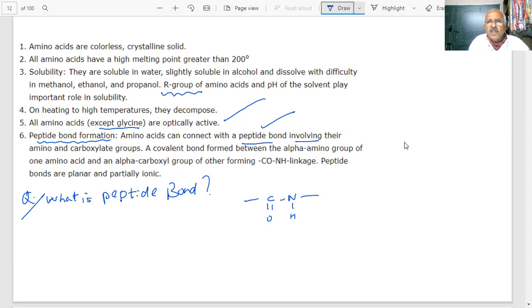An amide bond between the alpha amino group, I'm saying alpha amino group, student, this is a point to be noted, of one amino acid and the alpha carboxylic group of the other. In the paper, they will say peptide bond is formed by amino group and carboxylic group of the other. Then you will say alpha amino group and carboxylic of the other. And then you will say alpha carboxylic and amino group of the other. Then you will say alpha amino and alpha carboxylic of the other. They give four choices. See how the choices are made. All the answers look right, correct? Tell me.